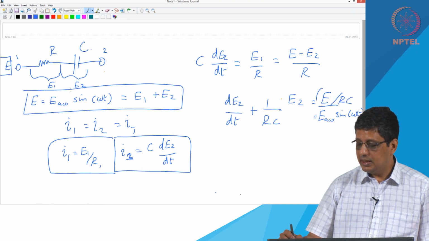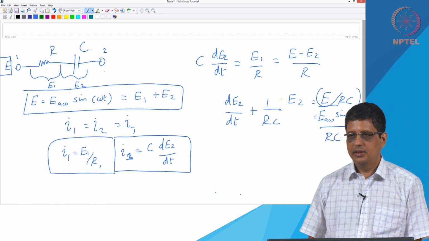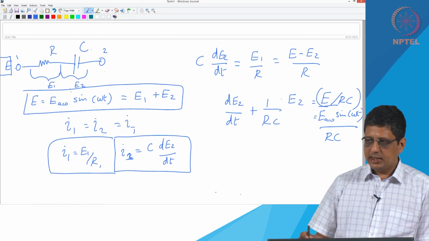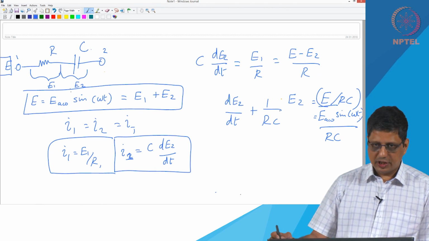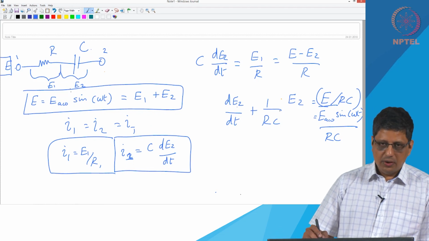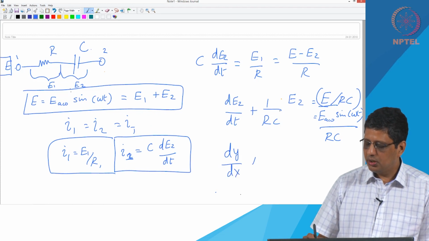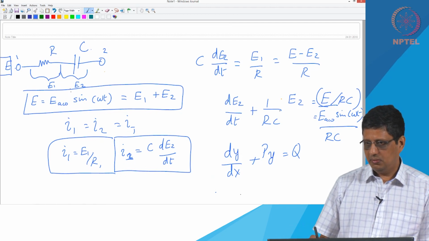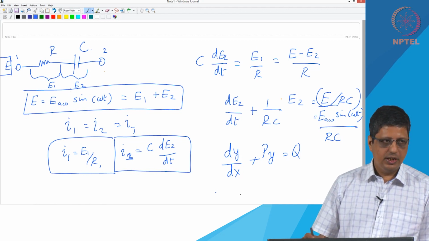E by RC, and this is going to be, this is correct. R and C are constants now. On the right side you have sin omega t, it is a function of t. E2 it is going to be a function of t. So you have seen this equation before, where P and Q can be constants or can be functions of x. In this case our independent variable is t, our dependent variable is instead of y, it is E2, but